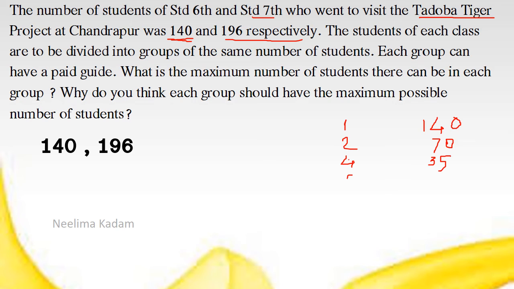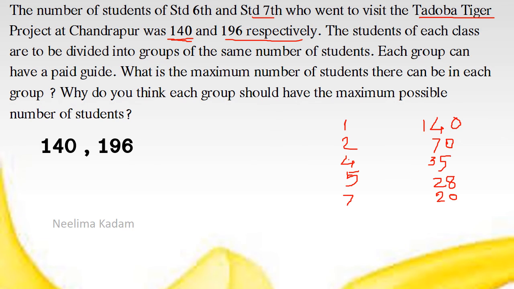Then 5, it is there because in the units place 0 is there. So 5 2s are 10, 5 8s are 40. 6, it is not divisible by 3, therefore it is also not divisible by 6. 7, yes, it is there, 7 2s are 14 and 0. 8, 8 1s are 8,